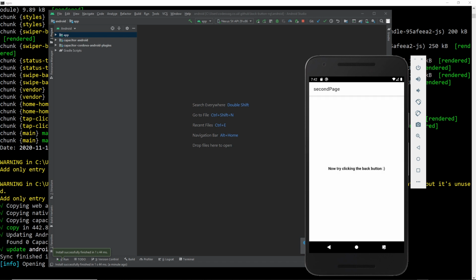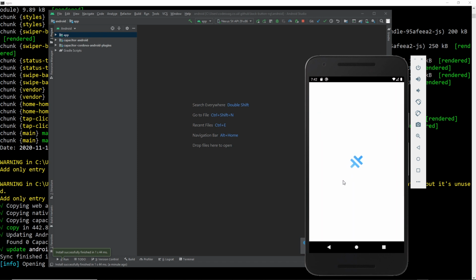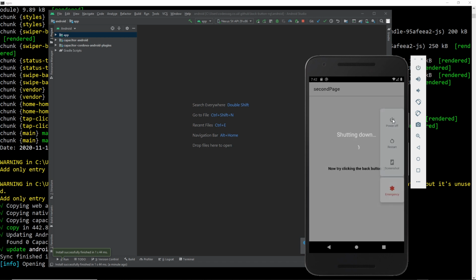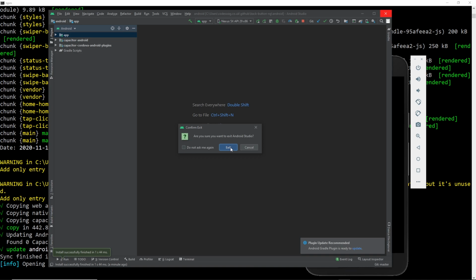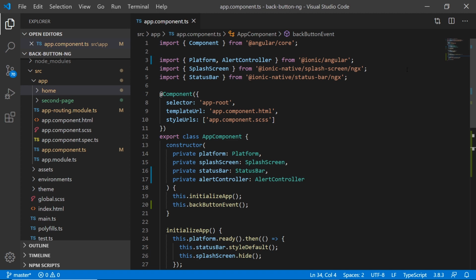But I think you get what I did there, because if we open the application on the home page, the same code is running. It's running on the home page, it's running on the second page. Okay, now let's add code to actually go back when the button is pressed and to also close the application. So let's close the emulator. Okay, so back in app.component.ts, we want to